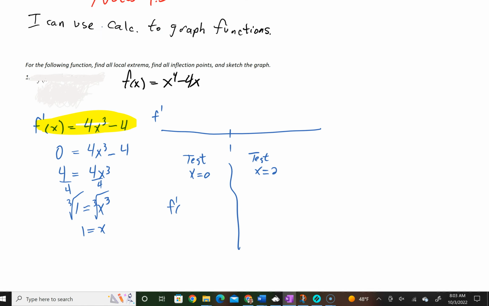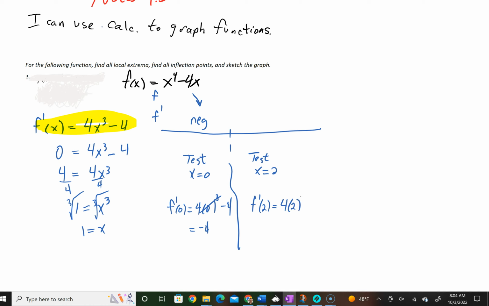So we'd see f prime of 0 is 4 times 0 cubed minus 4. 0 to the third times 4 is just a 0. This is negative 4. It means our first derivative is negative on this interval, and that means my function is decreasing. Likewise, I can plug in a 2,